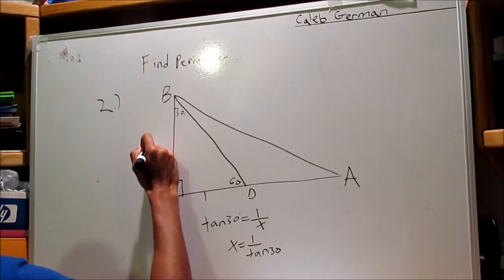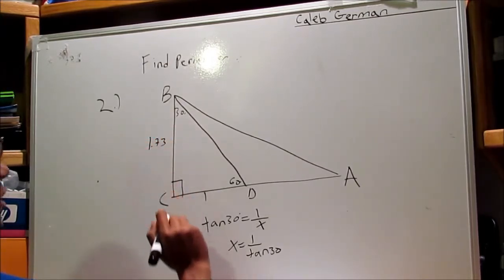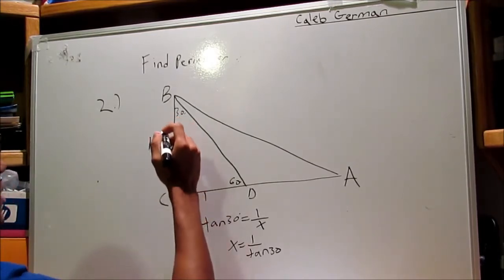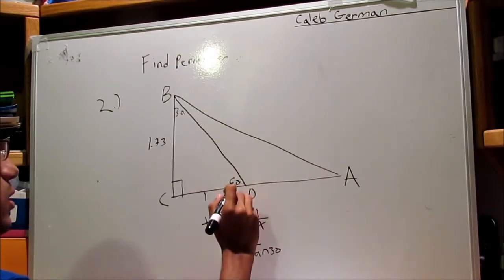So this side equals 1.73, and since this is a bigger right triangle, you could find this length here by doing